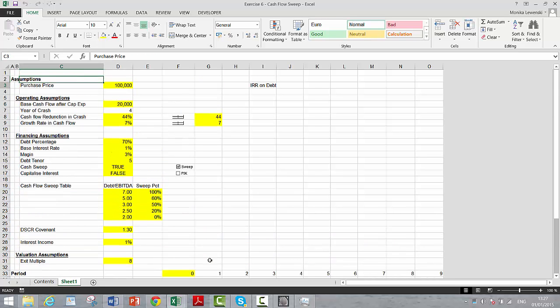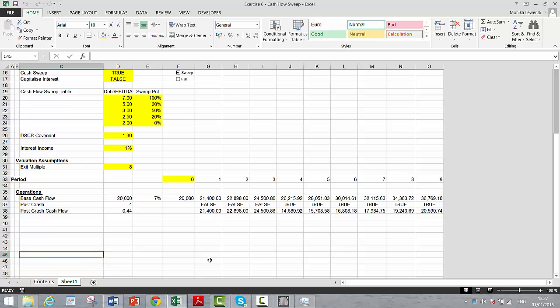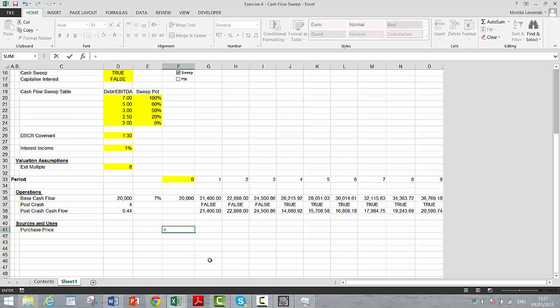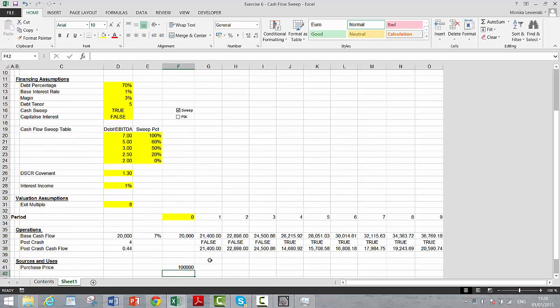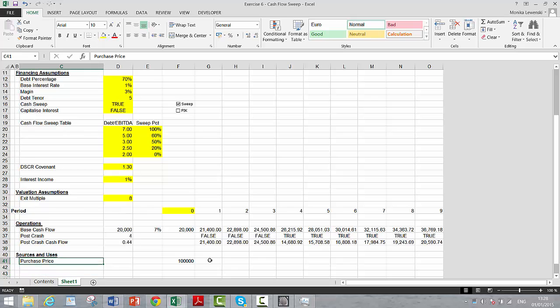Now let's put in the next section of our model, which is simply the sources and uses, and let's put the purchase price first. The purchase price we'll put in year 0. That's how much we're spending for the company. That's the uses. Sources,